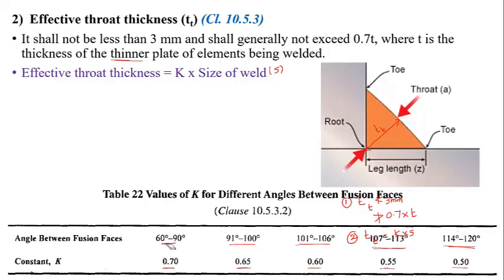But most importantly, the weld angles will be provided between 60 and 90. Remember, most of the time we are going to adopt this one only. Between 60 and 90, we are going to provide the weld. So technically, we are going to take the value of K as 0.7 times S. If the angle is not specified in the question, then the effective throat thickness, TT, is taken as 0.7 times the size of weld. So this is the specification regarding the effective throat thickness.